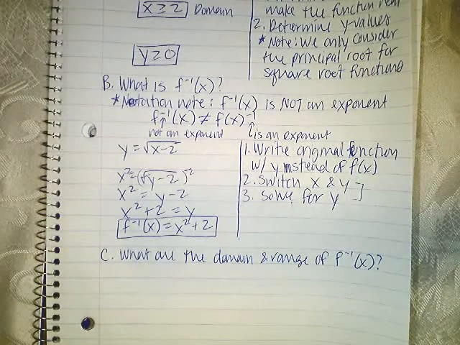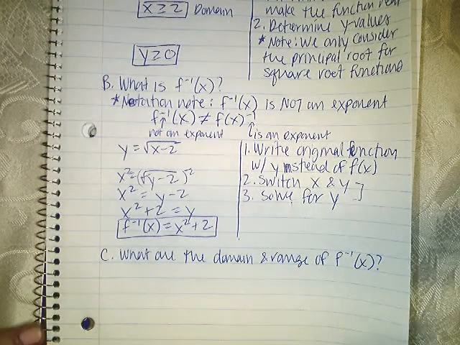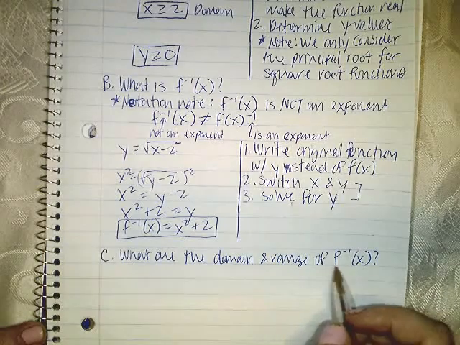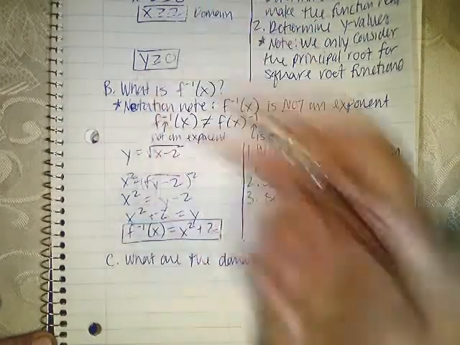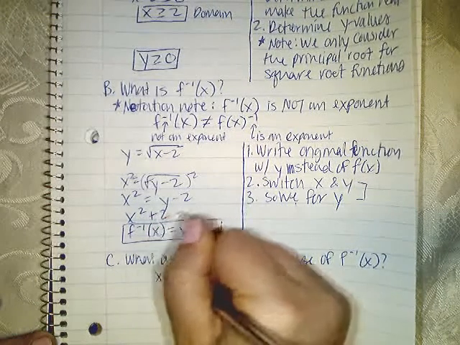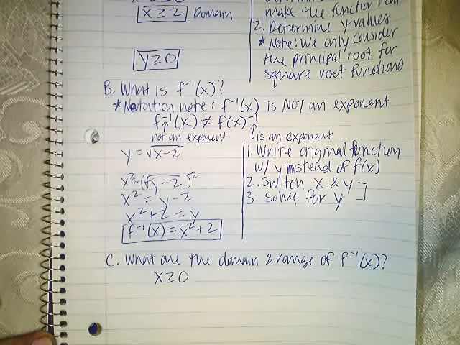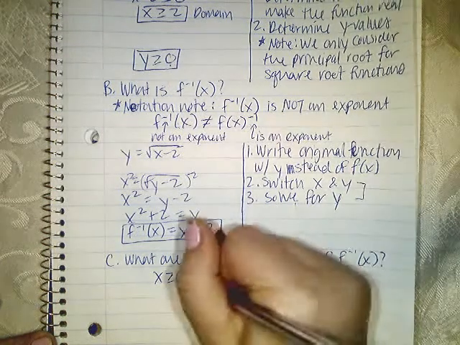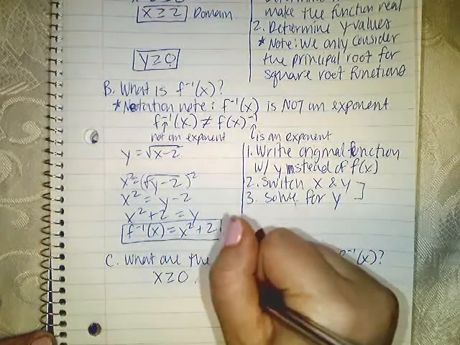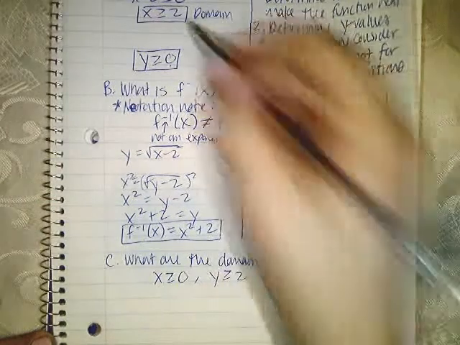And this is pretty easy. You should double check this to make sure you did it correctly. But when you have the domain and range of the inverse, they're just switching the original domain and range. So my domain here is going to be the range of the original function. So x is going to be greater than 0 since originally y was greater than 0. And similarly, y is going to be greater than or equal to 2 since originally x was greater than or